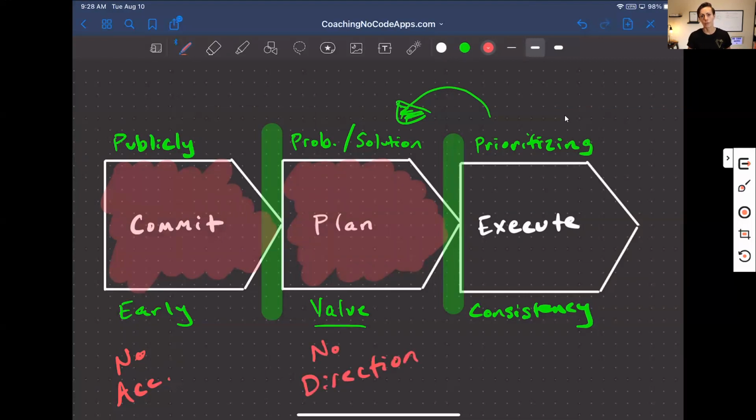You can drive for days and days and days, aiming for some destination somewhere, but if you don't have a route to get there, if you don't have a map, you're never going to get there. You can drive as fast as you want for as long as you want, right? You just have to have the right plan so you can have some direction, okay? That's going to help you build momentum into this execution stage, which is a very important stage. You need to be prioritizing, and you need to be doing so consistently. Without this, you have no momentum.